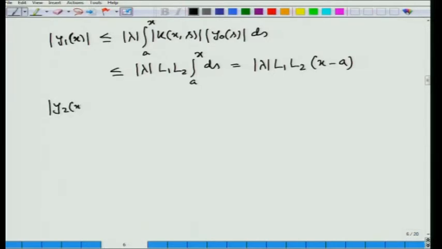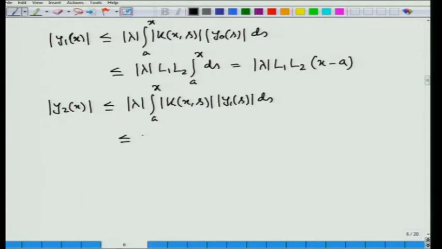Then |y2(x)|, as usual, will be less than |λ| ∫ from a to x |k(x,s)||y1(s)| ds, and this is less than or equal to |λ|. Just be careful here: |k(x,s)| is less than or equal to L2, and |y1(s)| is less than or equal to this quantity. So ultimately we get |λ|² L1 L2 ∫ from a to x (s − a) ds,